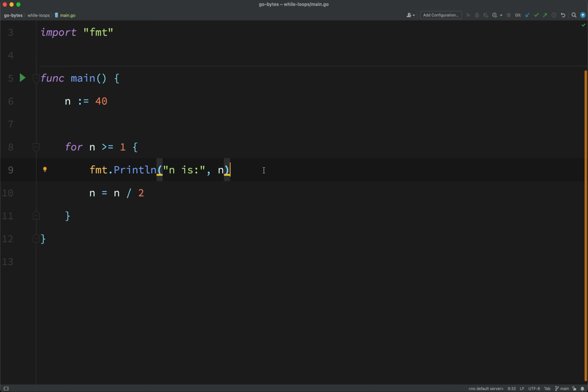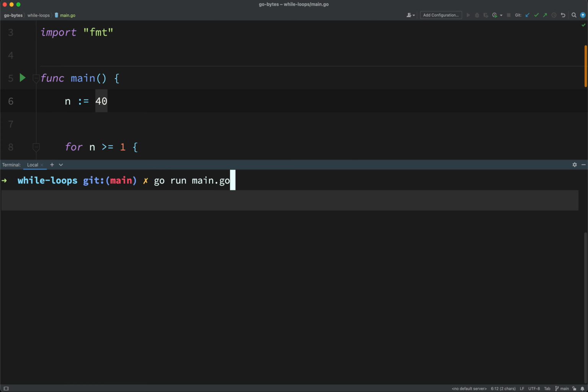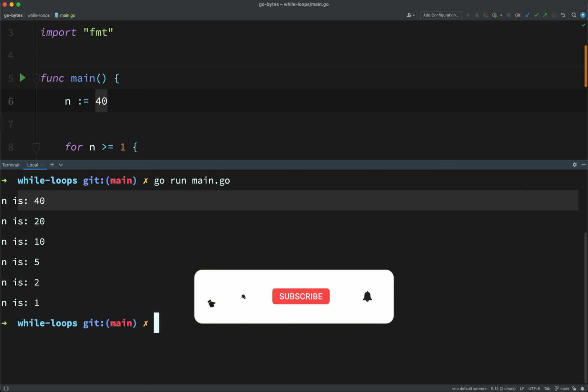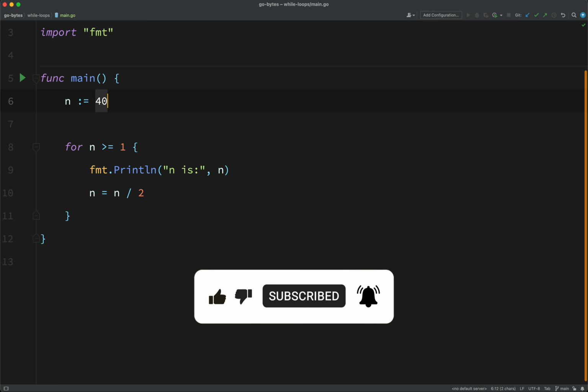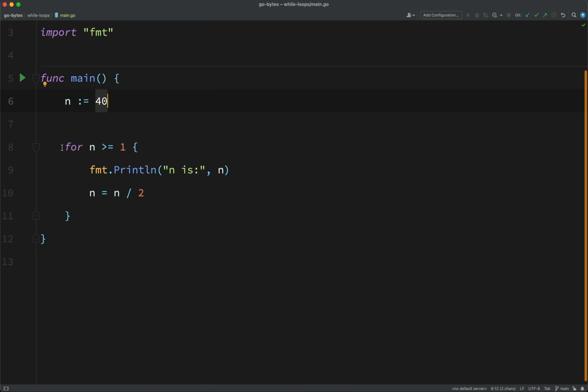Let's go and run this. I'm expecting to see us print out all the way down to 1. 40, 20, 10, 5. And remember, this is an integer. So after 5, we won't see 2.5. The decimal places will be dropped, and so it will be 2, and then 1, and then that should be the end of it. Let's go run main.go. 40, 20, 10, 5, 2, 1. And then once we halve 1, this no longer evaluates to true,